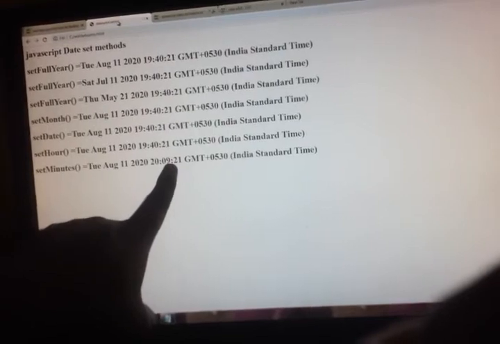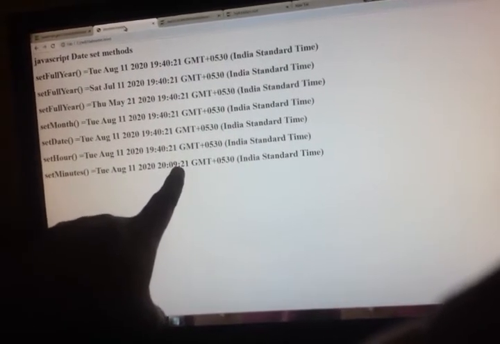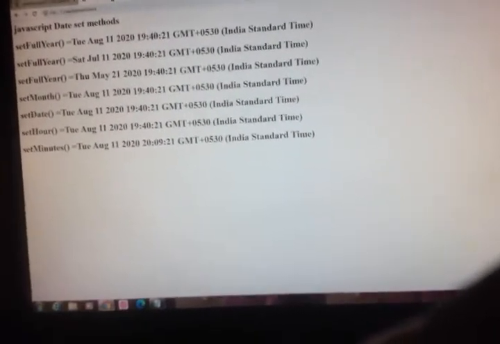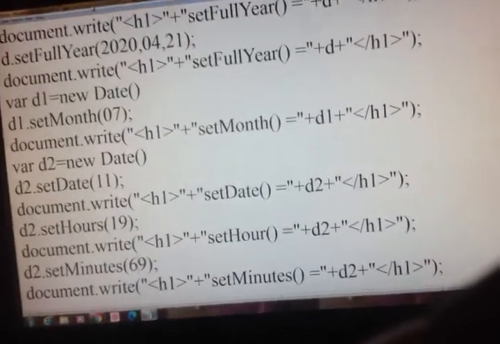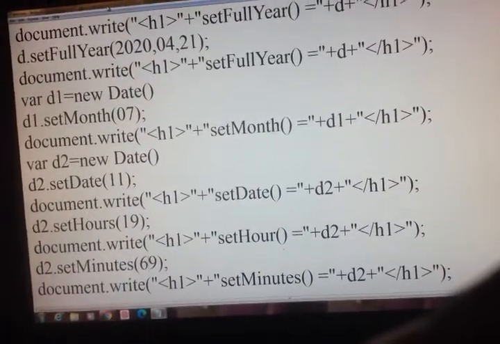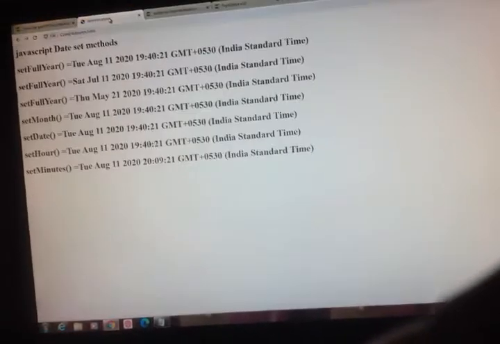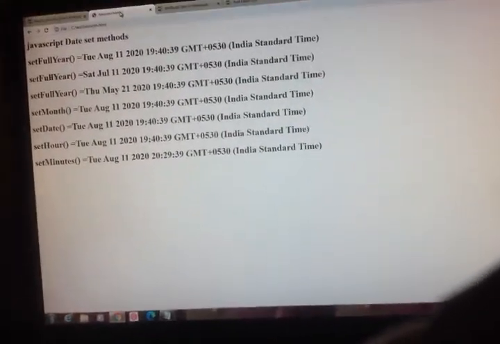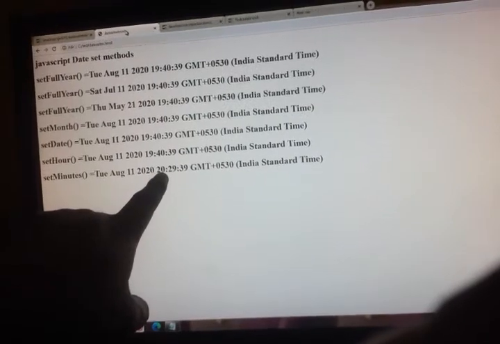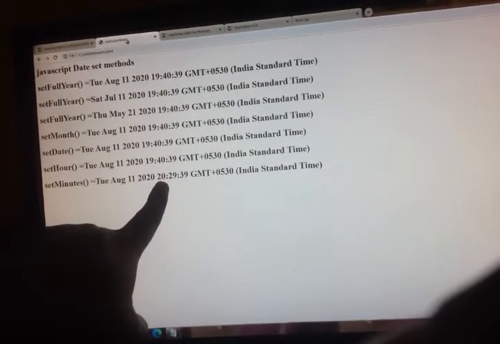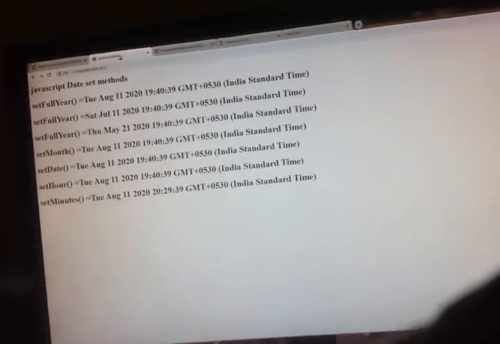It has given 69, so the minutes is 9, and I have changed the hours to 20. If I again change to 89, see, we got that change.